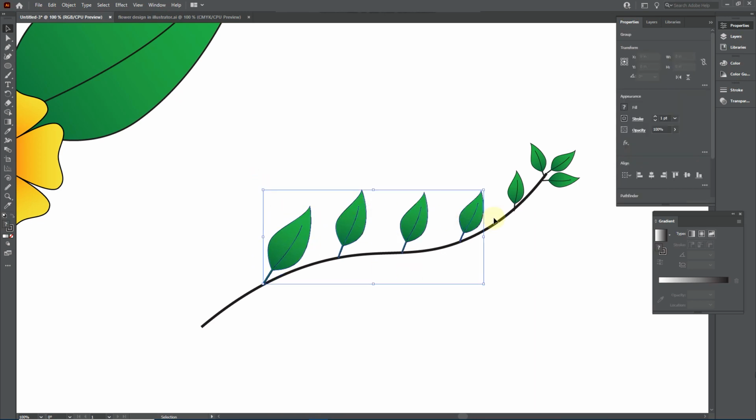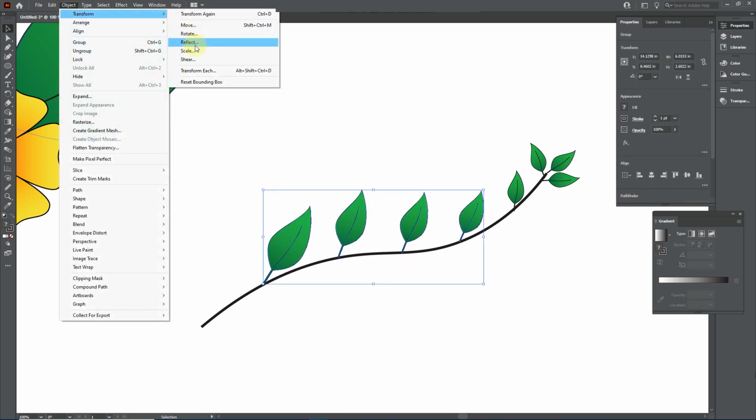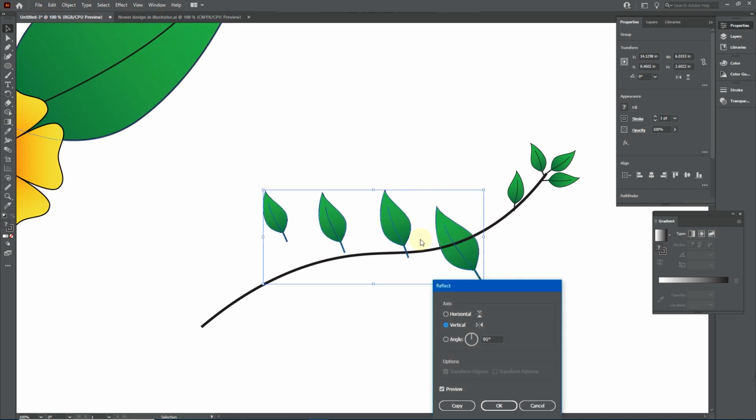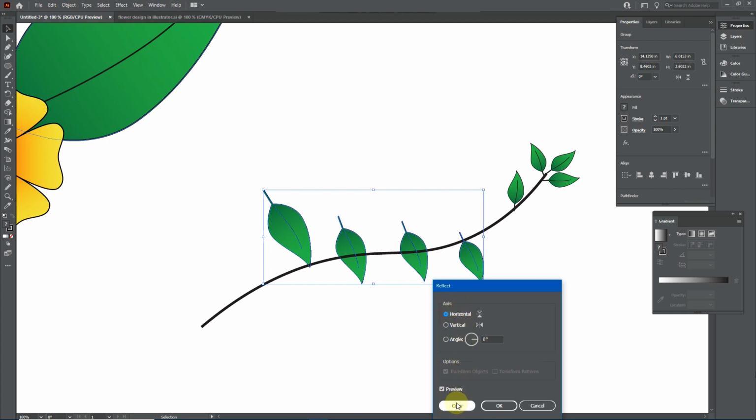Select these 4 leaves and go to Object, Transform, Reflect. Mark horizontal and click Copy.